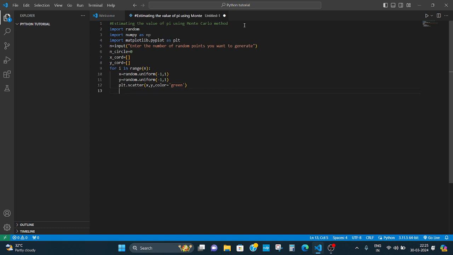Now we have created 100 random points on x and also on y axis within minus 1 to plus 1 in this range. Then out of these 100 points we will check if there is a point within the circle. If it is within the circle, we will increase the n circle variable by 1. For that we will create another loop. If x squared